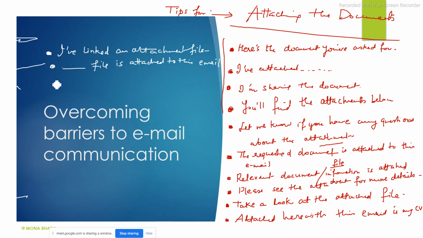Then एक और लास्ट तरीका बता देती हूँ. "The enclosed file shows..." जो भी आपको बोलना है उसके बारे में, shows my work experience or Excel sheet or whatever. So these are the ways of having an attachment.